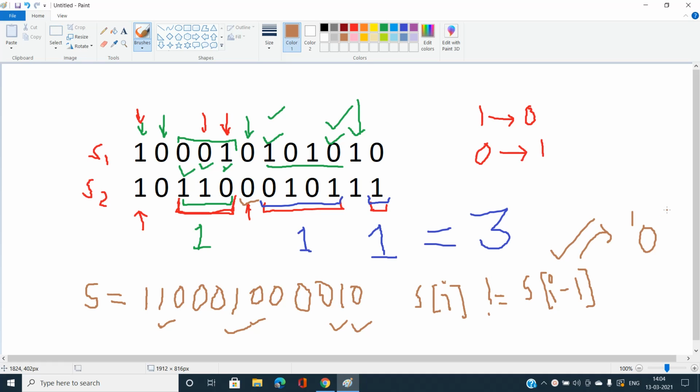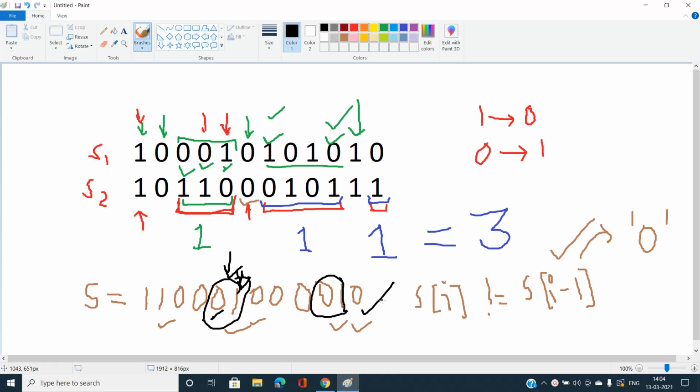Why? You can see whenever we encounter s of I not equal to s of I minus 1, that is this one, and again this one, the s of I minus 1th character is 0. It means that now I am moving from an unmatched character to a matched character, so I need to increment my answer by 1. So the answer is only incremented at this position, and this position, and at last I have to check if the last character is unmatched, so I am going to increment my answer by 1. So this will be our basic approach.